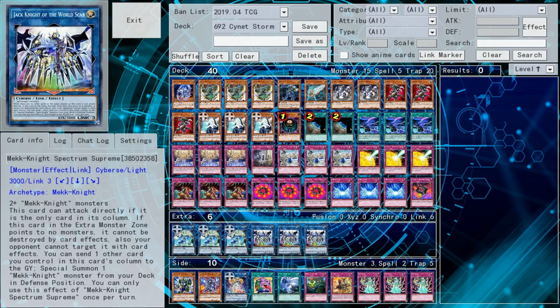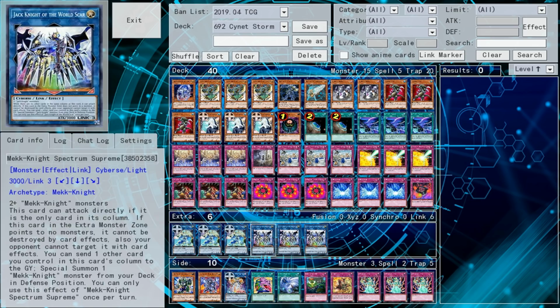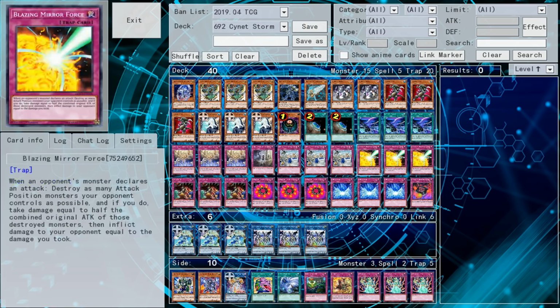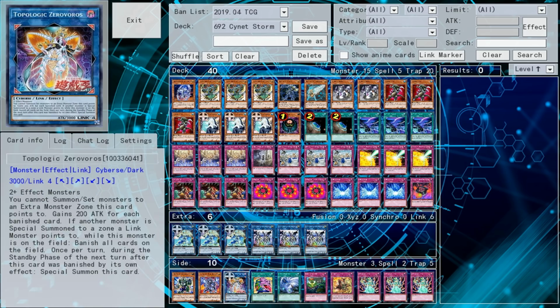And the whole core of the deck is just Cynet Storm and inflicting 2,000 points of burn damage to yourself in order to special summon one of these two cards. Because it allows you to special summon a random Cyberse Link monster from your extra deck, and these are the two best ones I know of so far. I was also thinking maybe Topologic